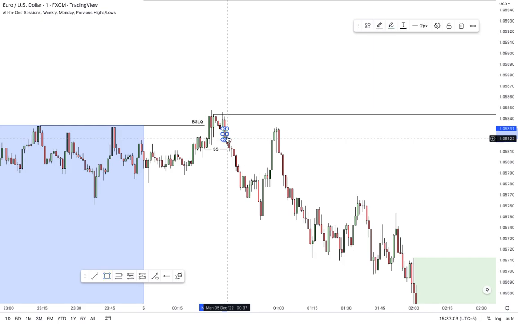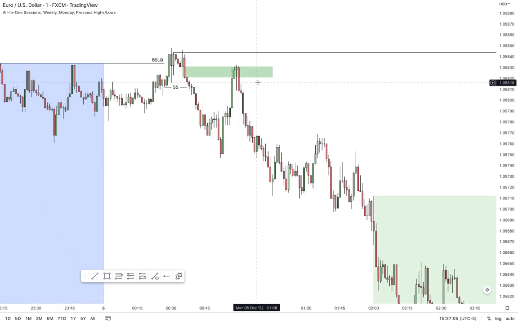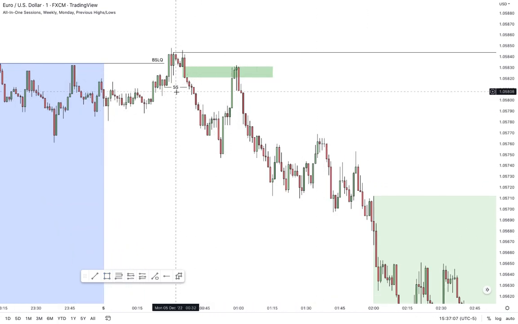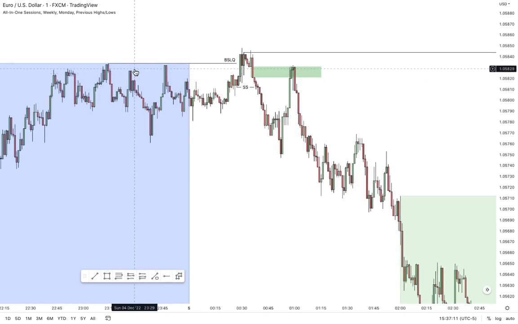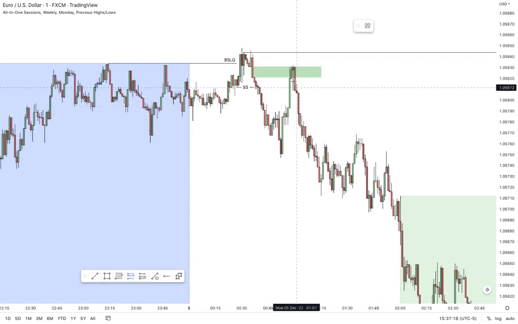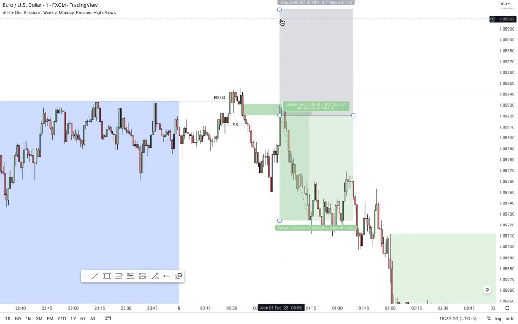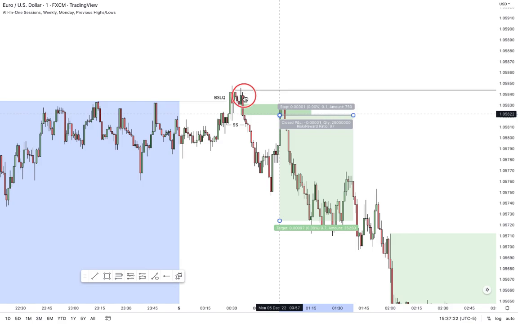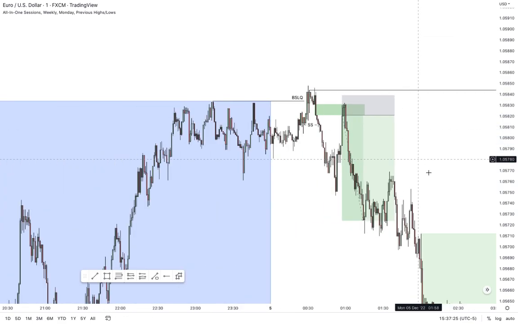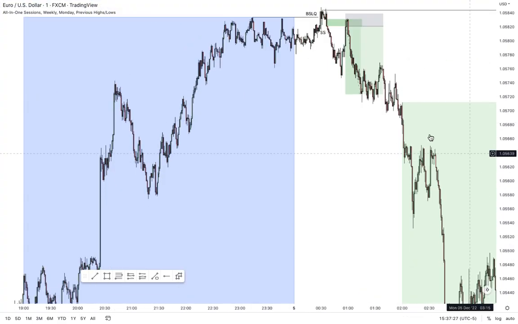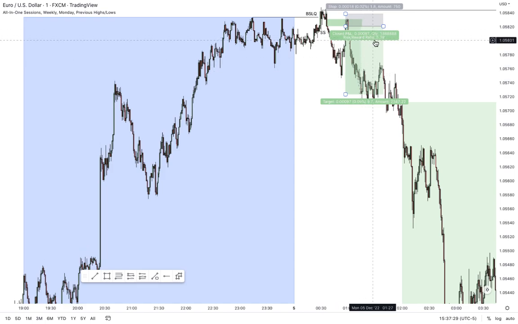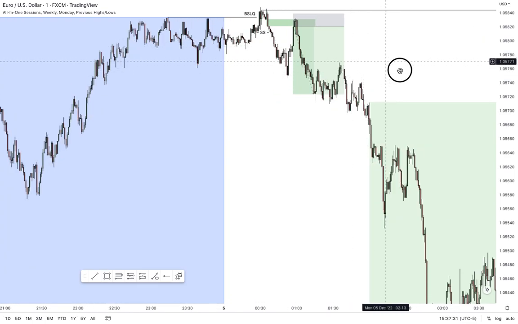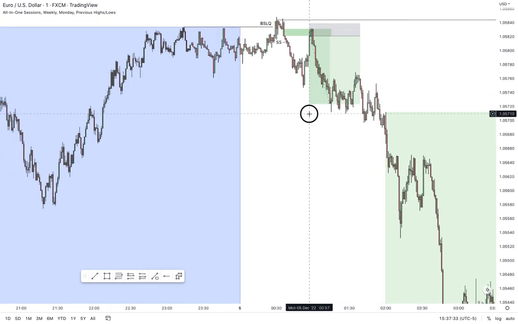Our fair value gap and market ahead. Now this is your fair value gap. Price broke the market structure shift, we cleared the buy side liquidity. We had it being followed, right? So what you're going to do is risk 1% per trade. This is your stop loss. Now where is your target going to be? So this is your 5R, okay, and it was